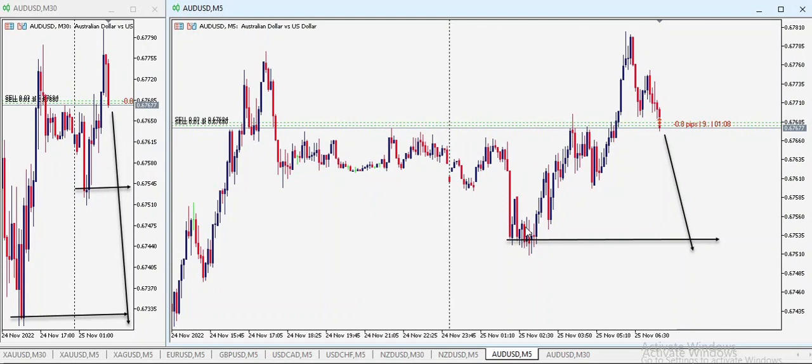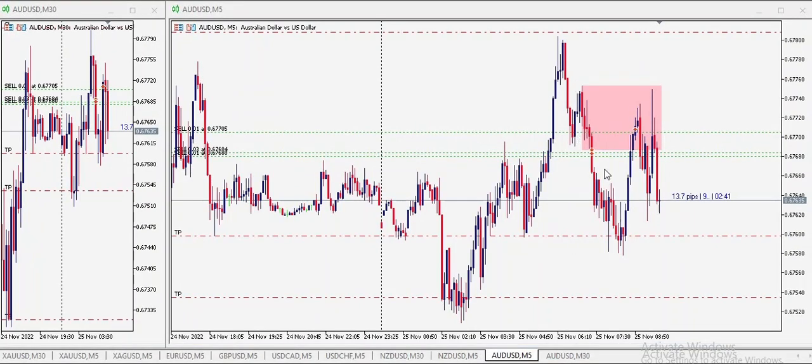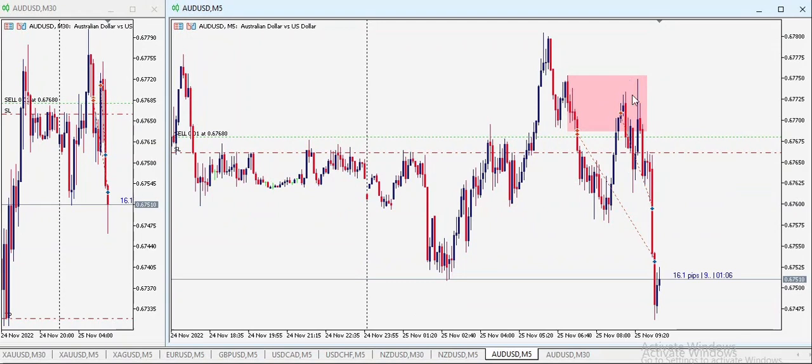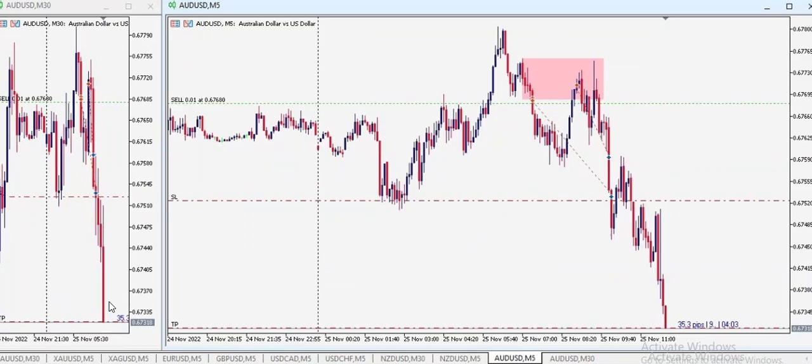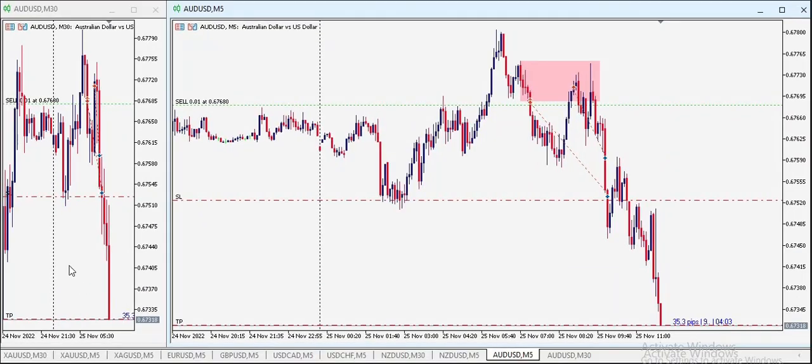I was looking forward to taking my first take profit here, and when price dropped to this level, it pulled back to my entry level, and I was able to take another entry here. And this was where my first and the last entry was cleared out, and I was waiting for my final take profit at this level, which is around the previous day's low, and that was how it was cleared out,